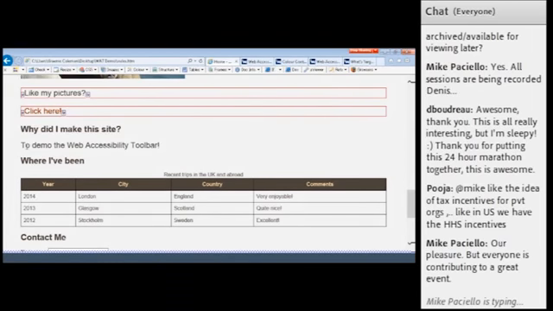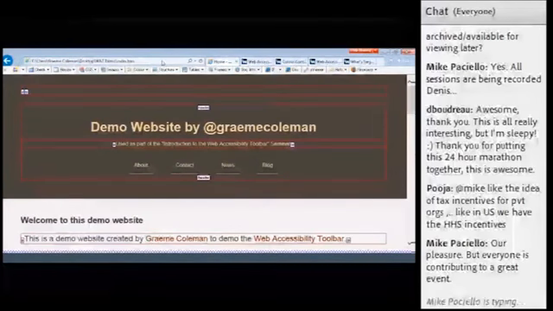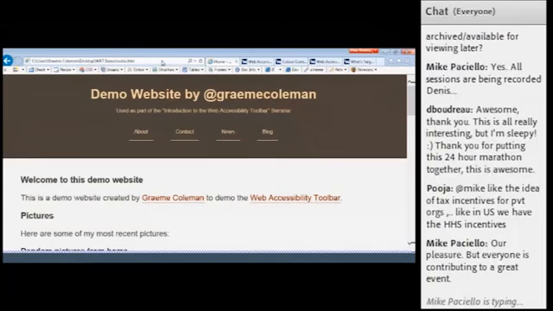So on the left-hand side of the page, just underneath the "Where I've Been" heading, it's showing me that a table has started. It's showing me recent trips in the UK and abroad. It's captioned correctly. It's showing me where the table header element is used and where data cells are, and so on. So this is a very quick view of how a table's marked up.